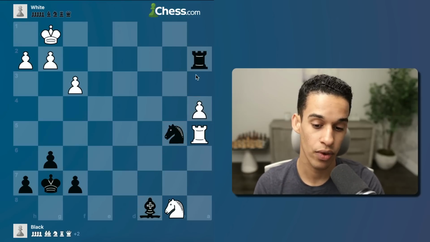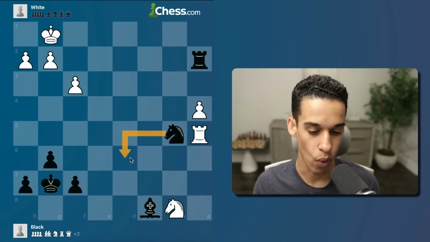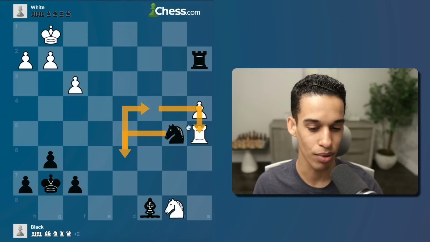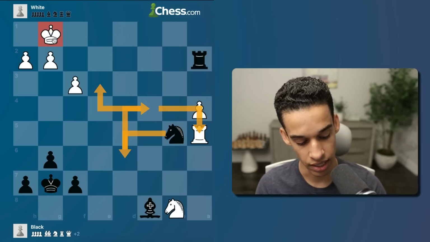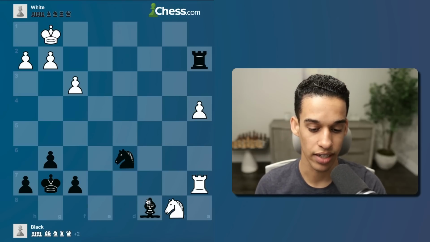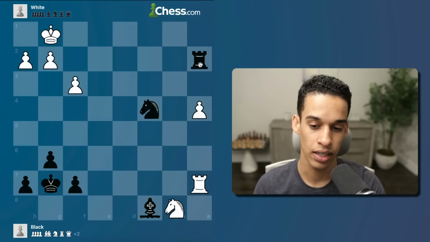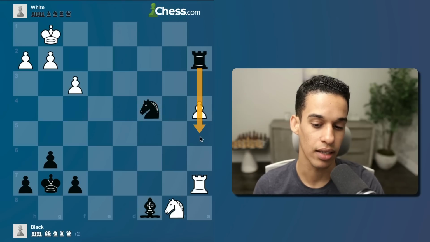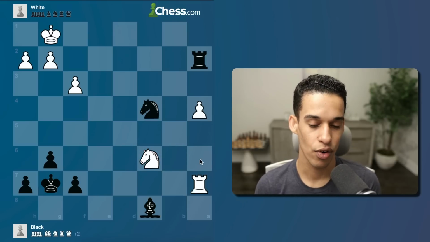So rook a5, time to move the knight, and I'm thinking, where do I put it? Well, I want my knight to be able to contain that pawn, also to help me go towards the king if necessary. So knight d6, rook a7, I guess I don't want my bishop to get involved, but still, knight c4, I'm not allowing them to play a5, and after knight c6, this is a very important moment because I